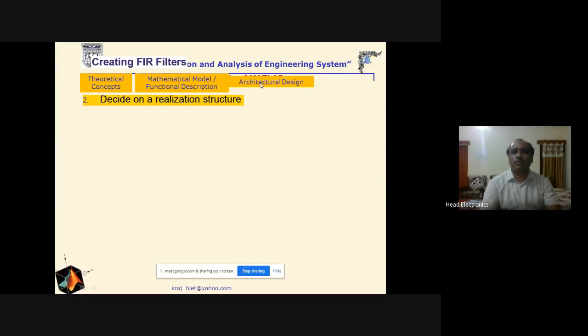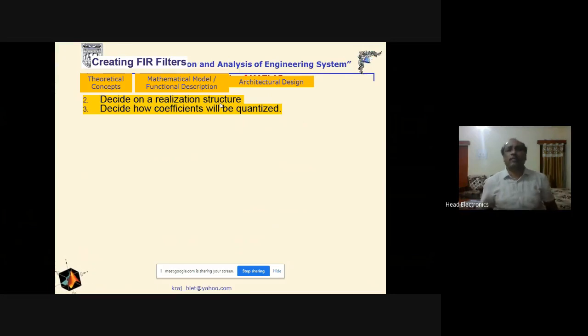We have reached this point here. Then after getting the architectural design, next is to decide on a realization structure, and we have decided a realization structure, that is the direct form 2 transposed structure here, and decide how the coefficients will be quantized. Next step is quantization of the coefficients.